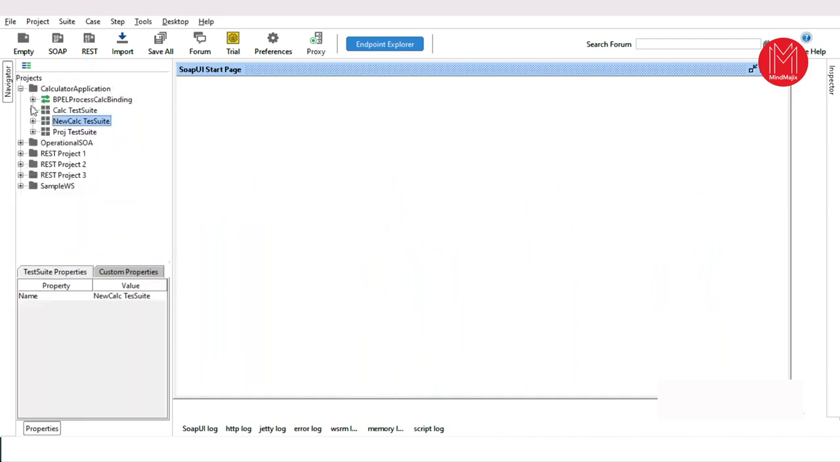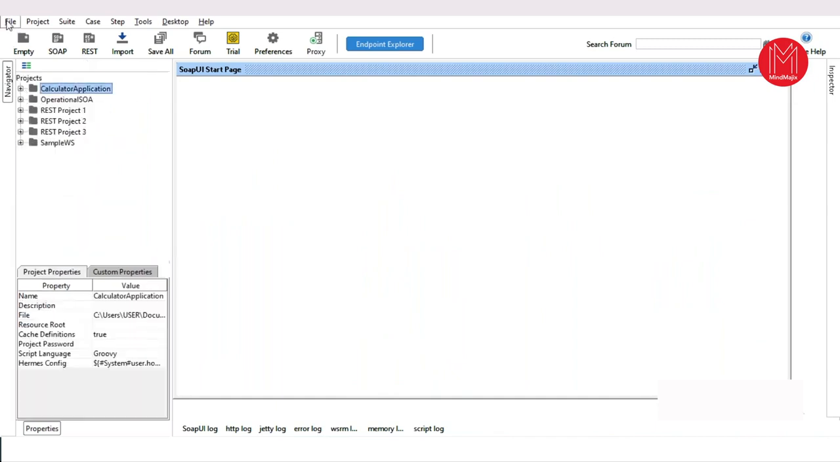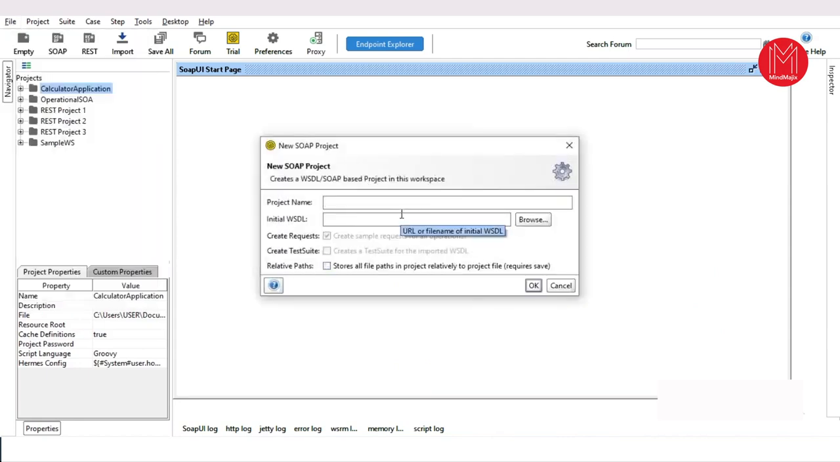So let's load this particular integration which we have developed right now. Go to File, click on New SOAP Project. I'll save it as SoapUI demo, and I'll paste the physical file over here. And in case of testing, we need to create a test suite also. We can manually create it. Otherwise, we do have a checkbox where we can just mark this checkbox so that we will be able to see the test suite automatically created,